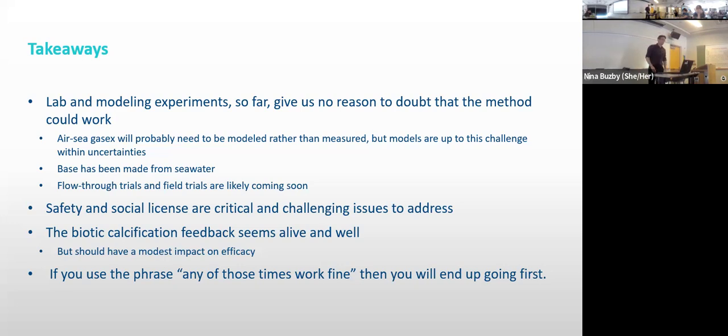I would argue that safety and social license are very critical questions to address, and it's one of the things that's going to kind of pump the brakes on all these field trials and a lot of the optimism, and for good reason. The biotic calcification feedback seems to be working. We seem to live in a world where ocean acidification matters, but we don't quite know what impact that would have on the ocean alkalinity enhancement efficiency or efficacy. I would argue from the basis of those back of the envelope calculations that probably 15%-ish, but still no good